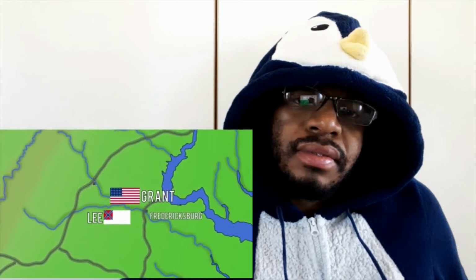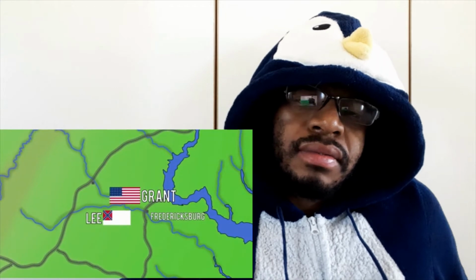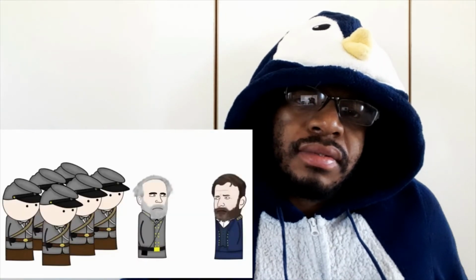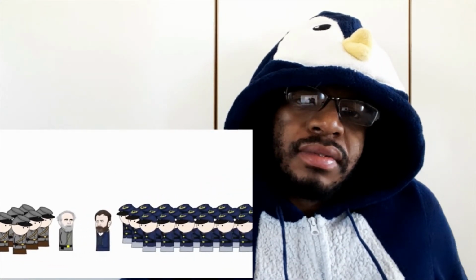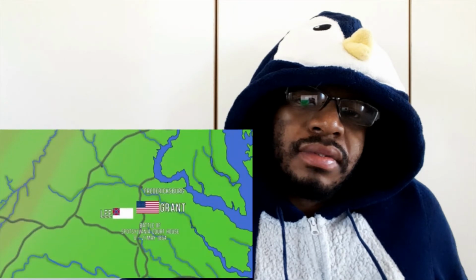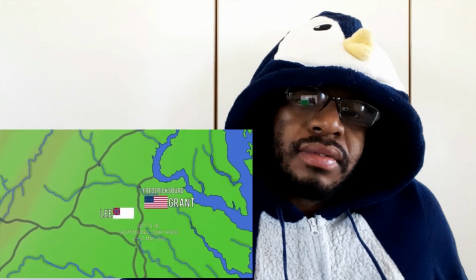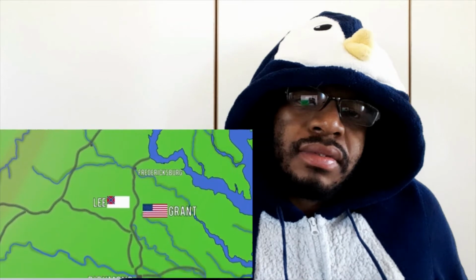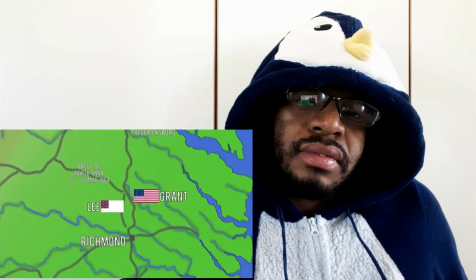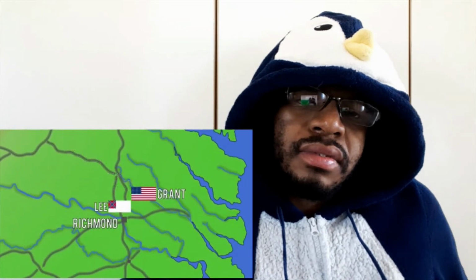He knew Lee was running out of men, and that the North by comparison had plenty. Grant would throw his forces at Lee, and even when Lee repelled them, Grant, rather than pulling back, would give the order to keep moving forward and flank Lee. Again and again. In under 6 weeks, 80,000 men would be killed, wounded, or